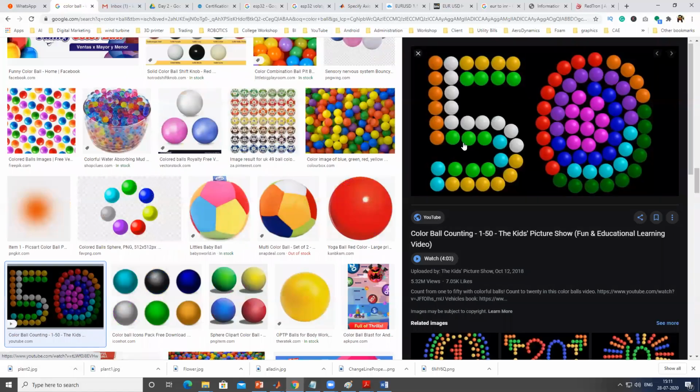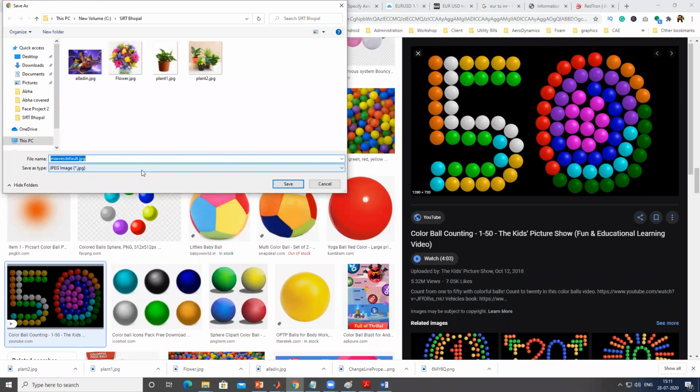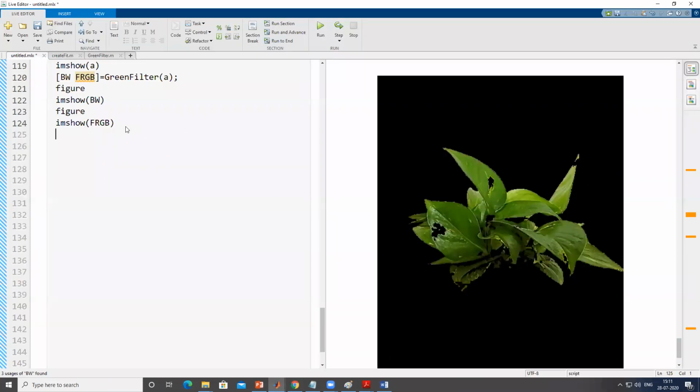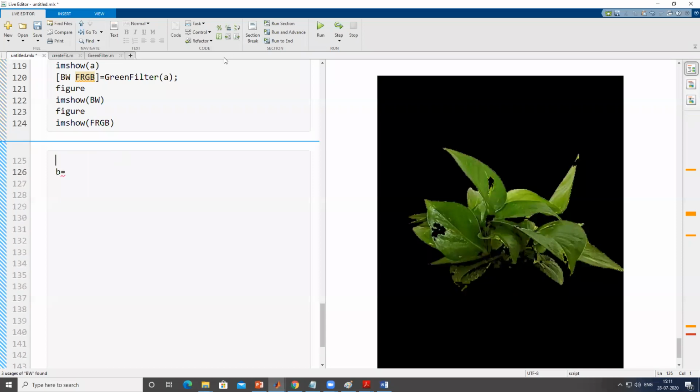Okay, this one is far better. Save images. B is equal to action vehicle.